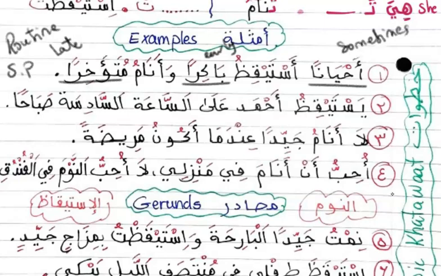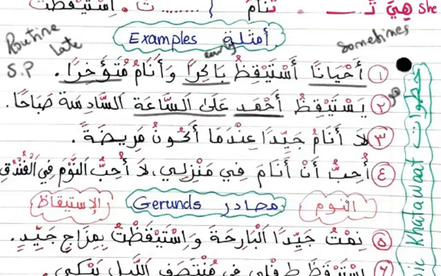The second example right here we have يستيقظ. يستيقظ. He wakes up. And then we are referring to Ahmed. That's why we use the conjugation of هو. Even when we mention the name, we are talking about Ahmed. So we have to put the conjugation of the third person. يستيقظ أحمد. Ahmed wakes up على الساعة. All of this right here, it means on, for time, or at.